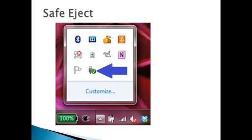So to do a safe eject, what you want to do is go down to the bottom right-hand corner of your computer, and computers are all different. So I'm giving you a generic version of how to do this. There are many ways to do a safe eject, but this is one way. If you go down to the corner, I had clicked on this white arrow here, and this little box came up. Where the blue arrow is pointing for my computer,